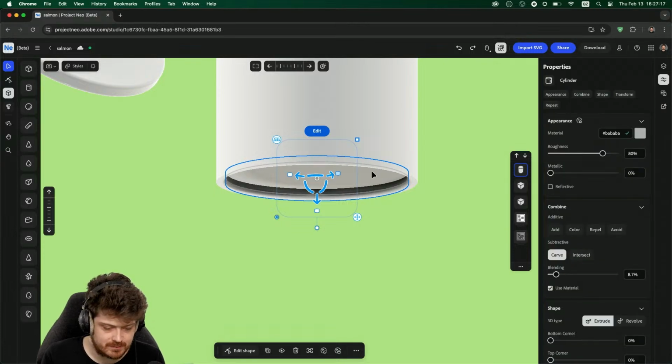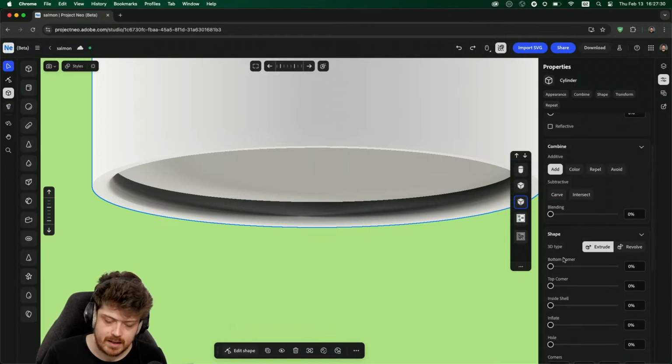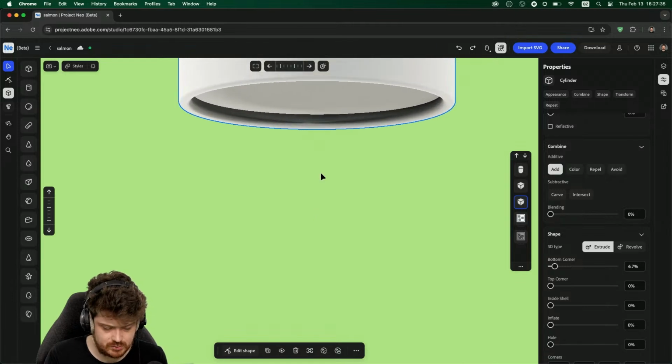Cool. So back to the properties. Tiny bit of blending just to make sure this is a bit more organic. I do like my mugs organic. We can probably add a bit of roundness. And my mouse just died. Just great. I'm going to use the trackpad. Doesn't matter. Just going to use a bit of rounded corners like this to also,